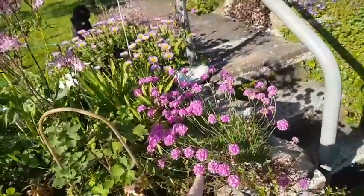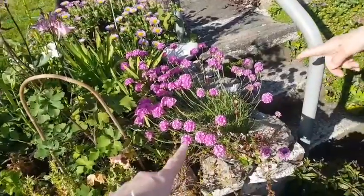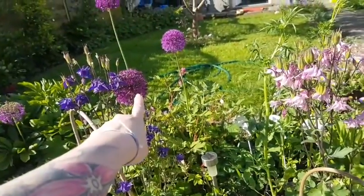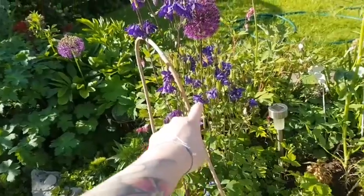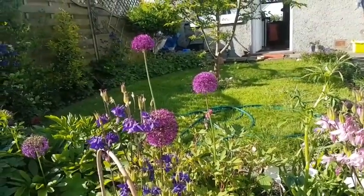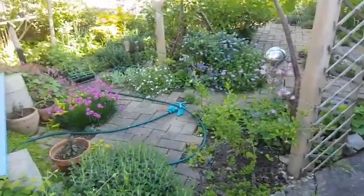And those ones? No, that's the granny's bonnet. Those are thrift. Thrift. Those ones? Erigeron. And these ones? Aquilegia. And these ones? Those purpley ones. Aquilegia, the pom-pom. The pom-pom ones. Alliums. Like leaves. Okay. And then this is the secret garden,